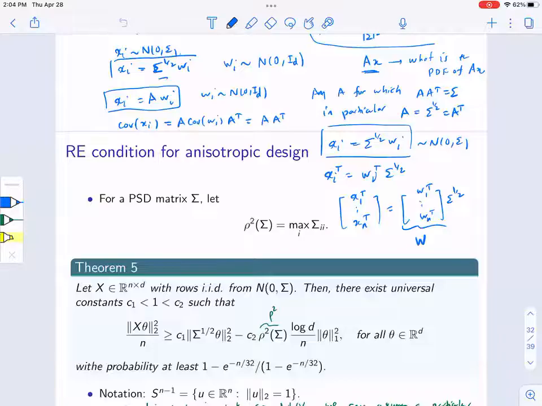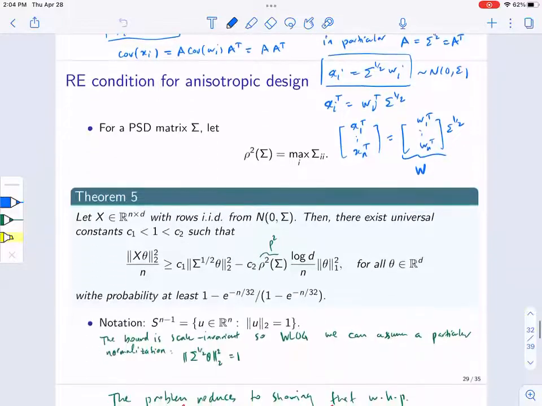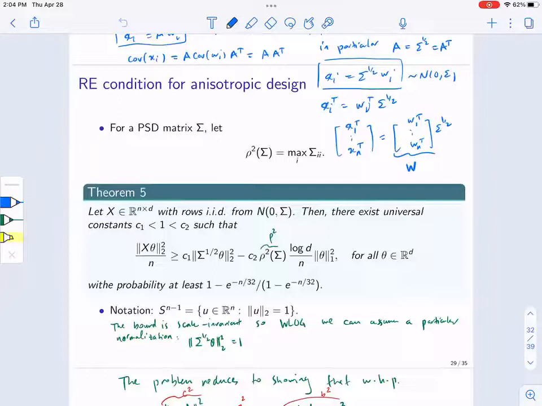In the middle of the proof of this technical result that showed the stronger version of the RE condition. So this uniform result for Gaussian correlated design. Okay, so again, to remind you, you were trying to prove something like this, and you saw that